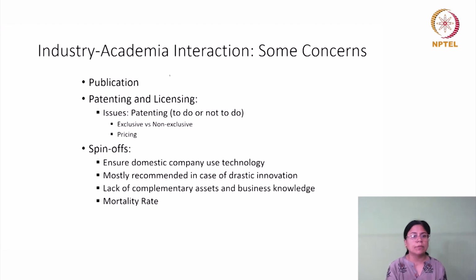For instance, in the case of publication, we have earlier pointed out that industry may not be very keen on publishing their results very fast. In fact, what they may want is to keep it with themselves for some time, until it actually reaches an application stage, and they may want to come up with the commercial output much faster. On the other hand, academia would be more interested in publishing and becoming the first amongst their peers to do that.